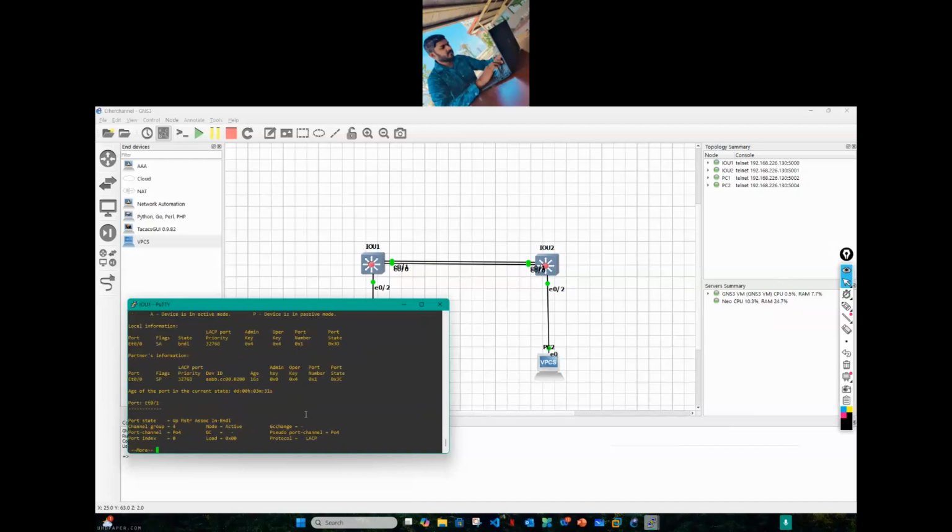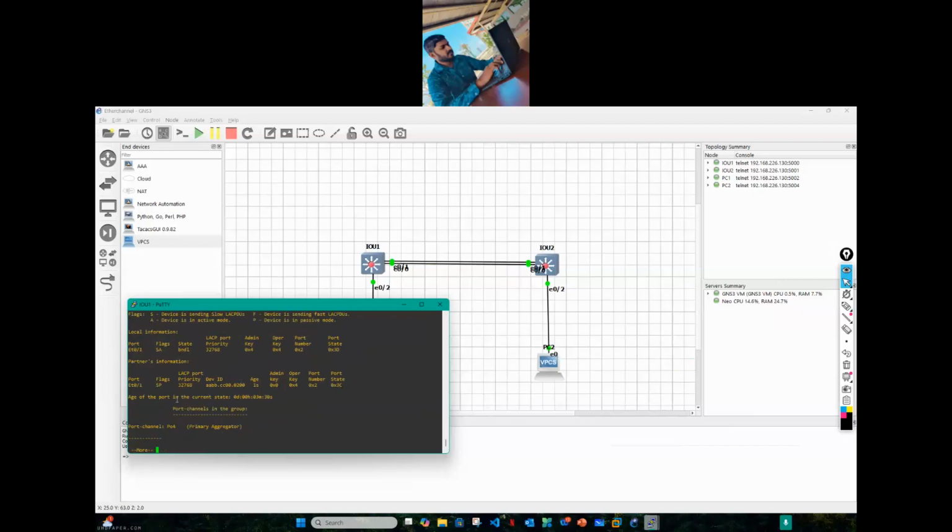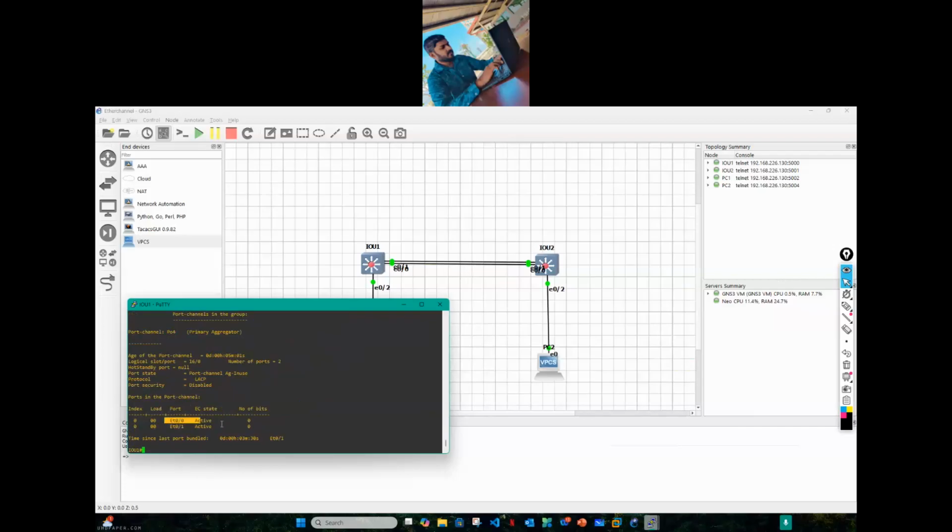Detail-wise, 0x4, this is the operational key. It can also be shown when you capture the link. Now you can see the index ID, the load 00, the port is this one, and the EC state is active. Now the two ports are in the active state,